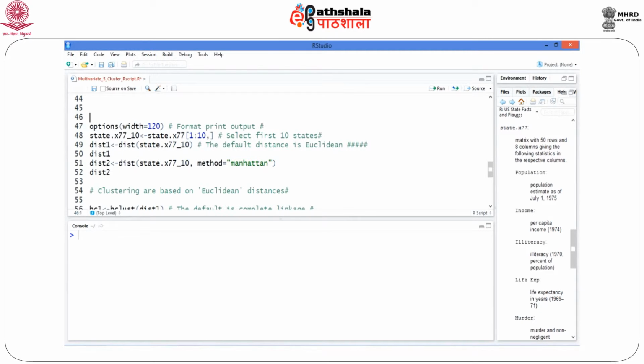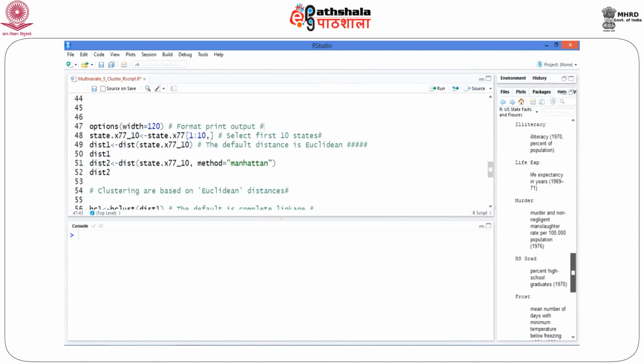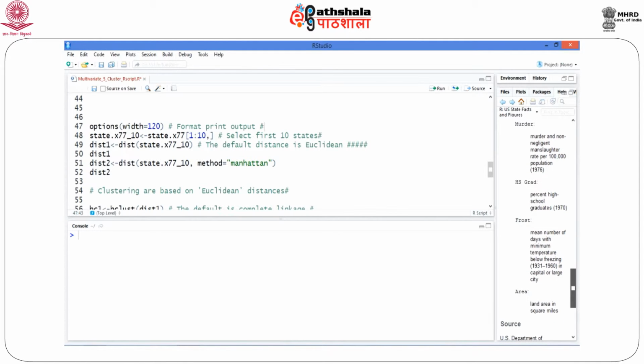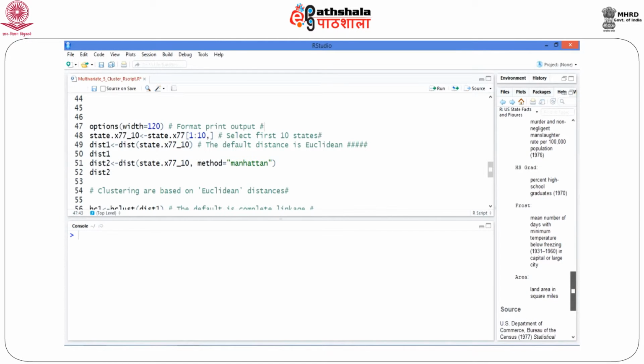State.x77 is data which is inbuilt in R. It contains 50 rows which correspond to the 50 states of USA and 8 columns which correspond to population, income, illiteracy, life expectancy, murder rate, high school graduation percentage, mean number of days with frost and total area of these 50 states. For the sake of simplicity and understanding, we would take the first 10 states and explore how to do